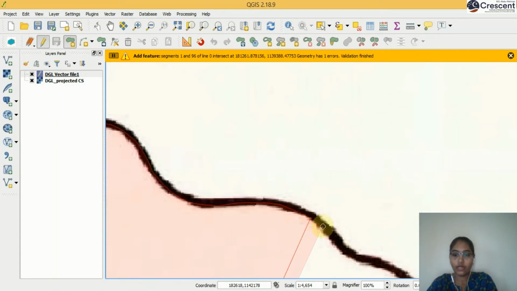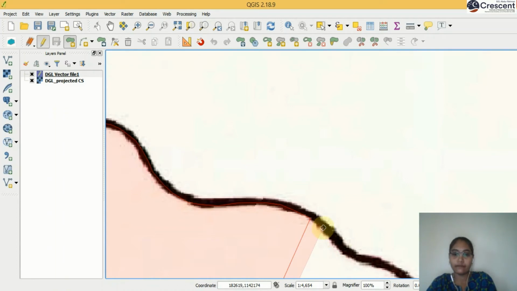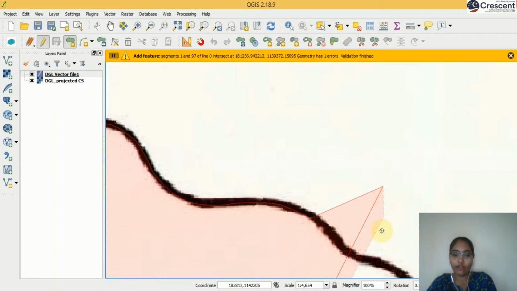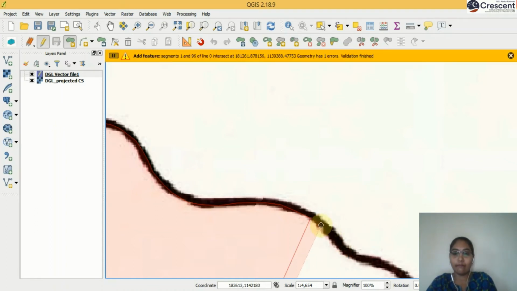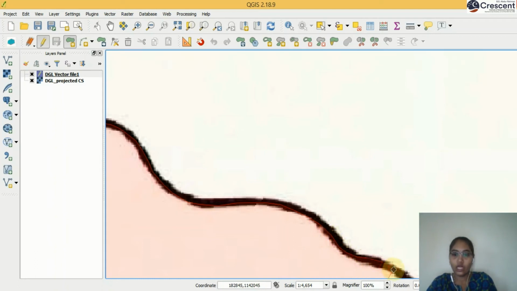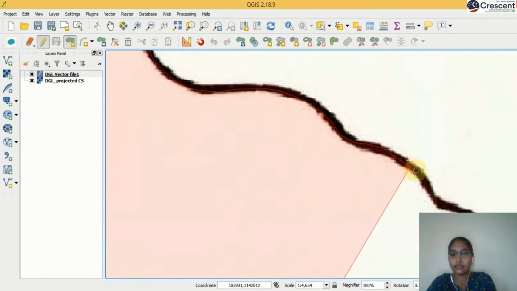If you wrongly placed any point away from the line, you can use the delete button. If you delete, that particular point will be deleted. Once again I will tell you. For example, if you wrongly place a point away from the line and want to delete it, use the delete button on your keyboard. Automatically the last point will be deleted. Again proceed with your left mouse button click.